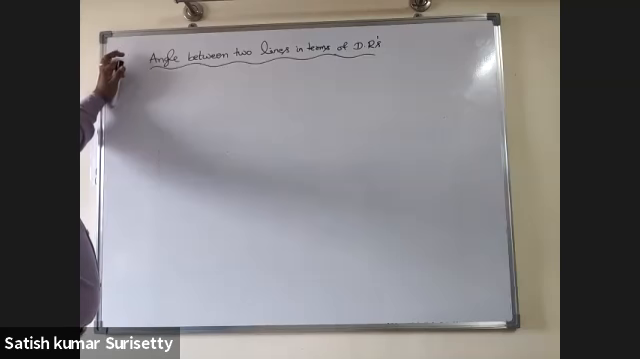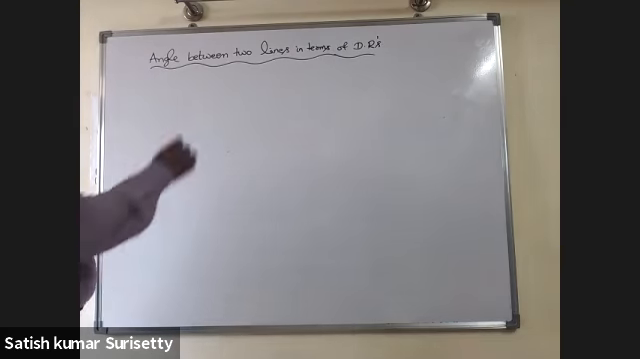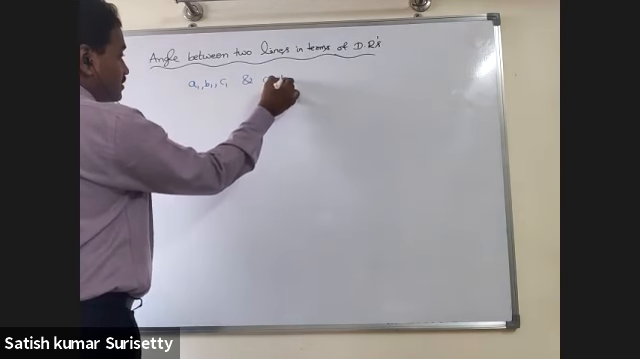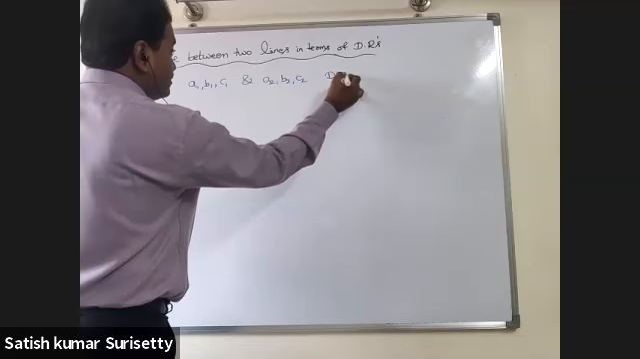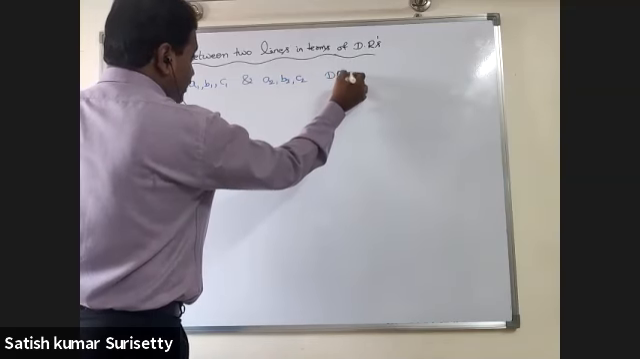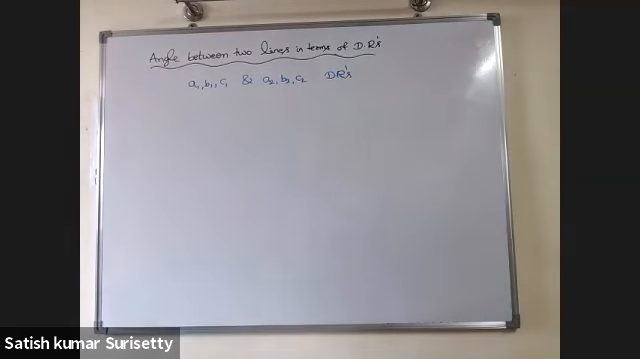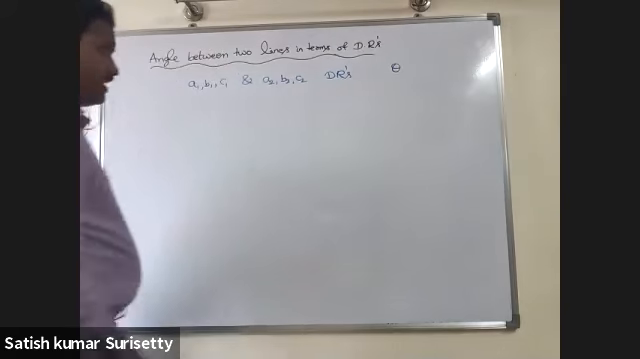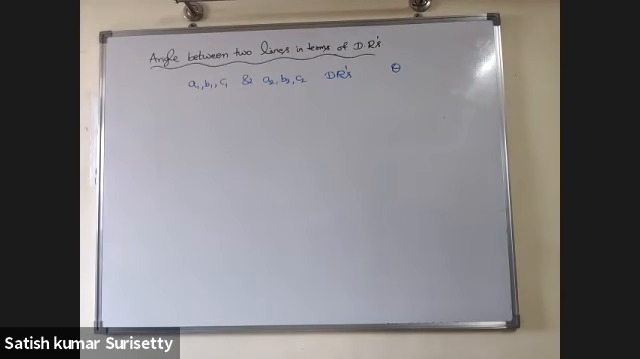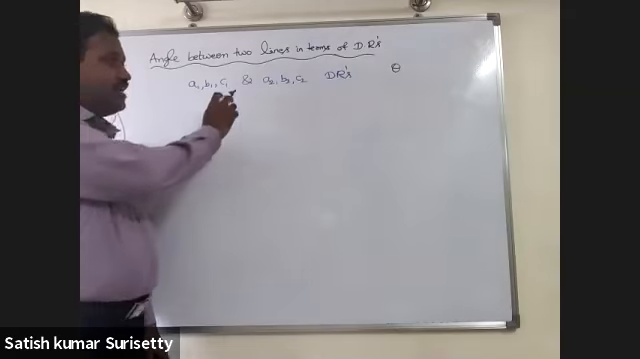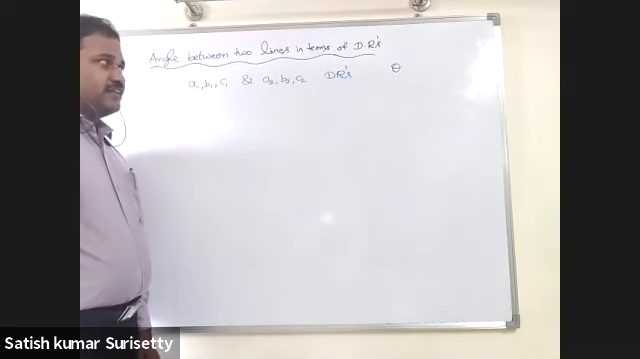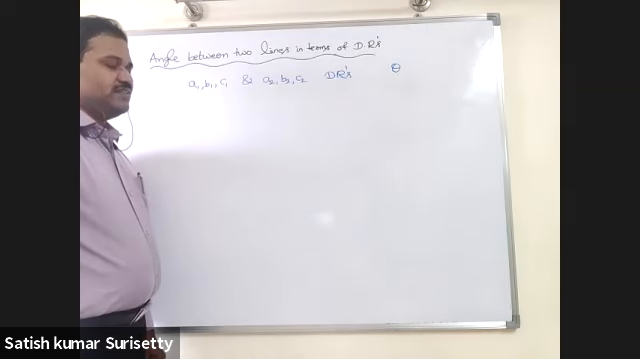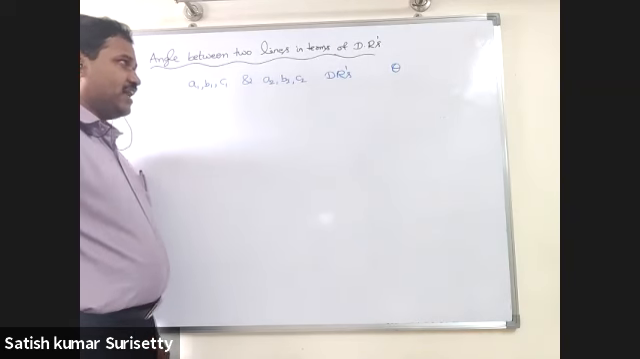Angle between two lines in terms of direction ratios. Let A1, B1, C1 and A2, B2, C2 be direction ratios of two lines, and theta is the angle between them. Then the corresponding direction cosines are